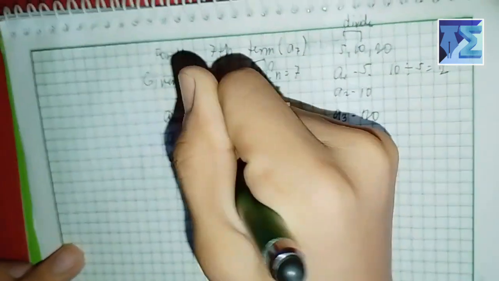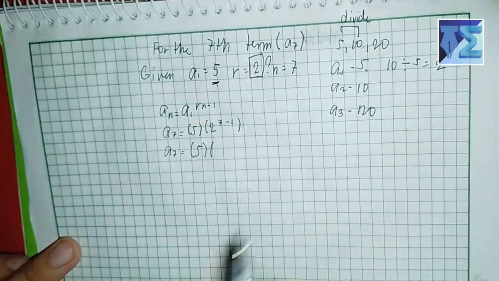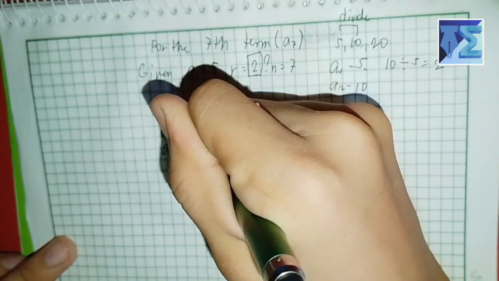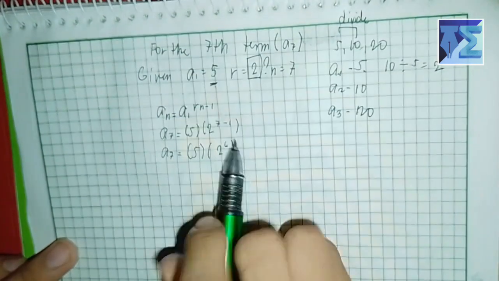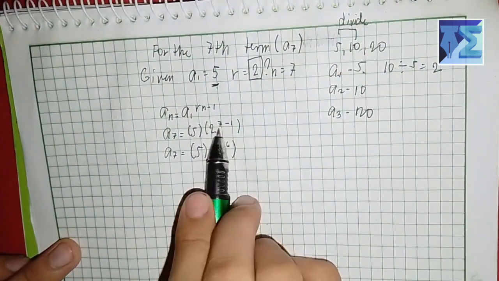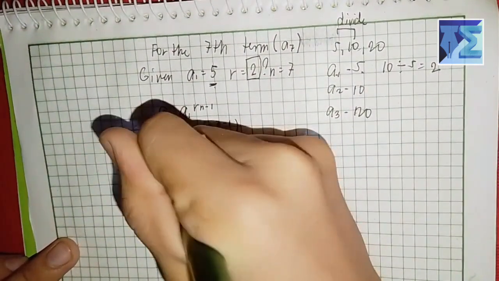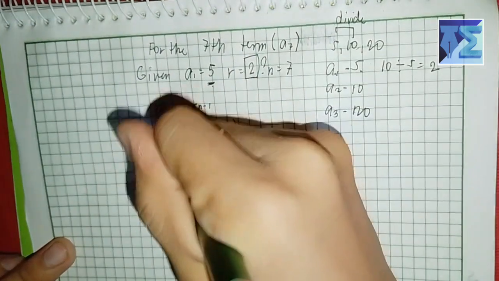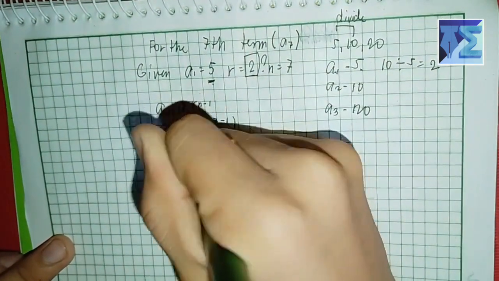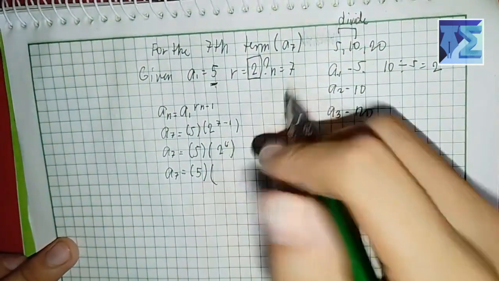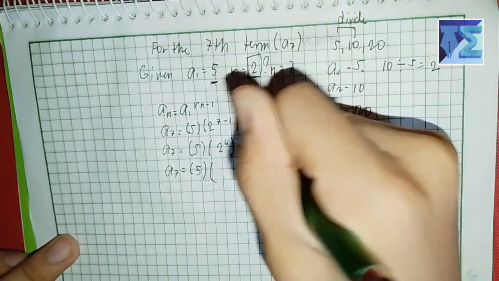So bring down 5 and bring down 2. You need to subtract the 7 and 1. So 7 minus 1 is equal to 6. So a sub 7 is equal to bring down 5, and so 2 raised to 6 is